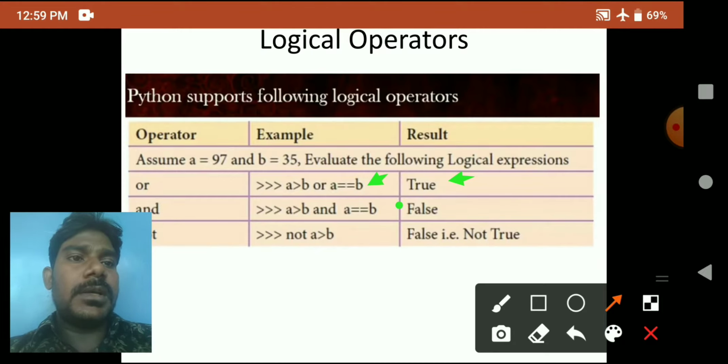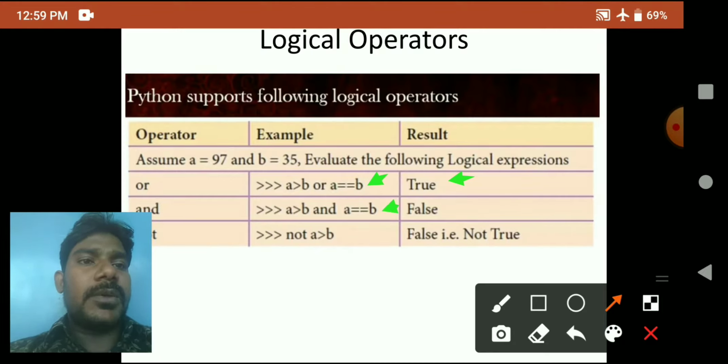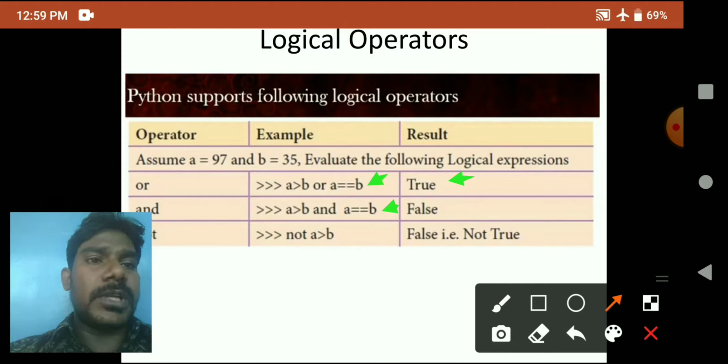Next one is the and operator. The same two expressions: a greater than b and a equal to b. Applying the values, 97 greater than 35 is true, and 97 equal to 35 is false. The and operator means that if both expressions are true, the result will be true.